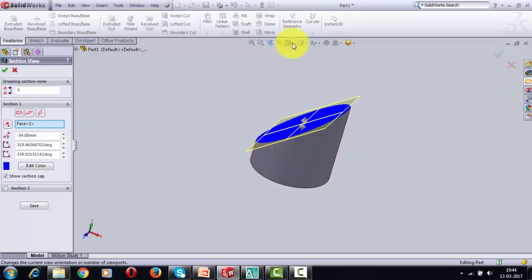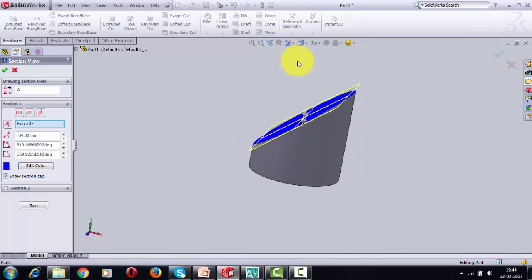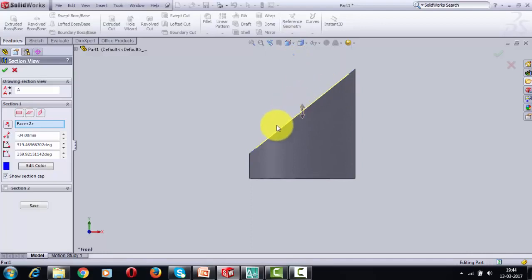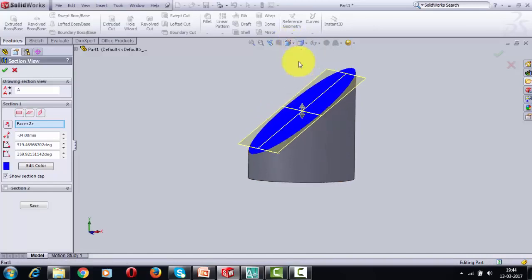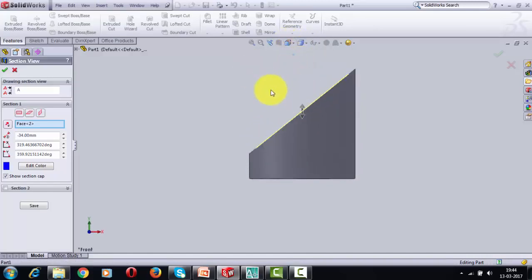And for watching the true shape, let me show this again to you. For having the true shape of this section, that blue colored portion, you have to look at this from over here, absolutely perpendicular to this cutting plane. If you see, then you're going to get the true shape. All right, now let's head over to PowerPoint and let's see how all of this can be worked out on a plain sheet of paper or on a drawing sheet.